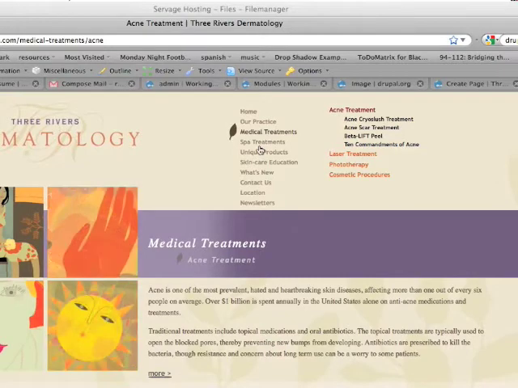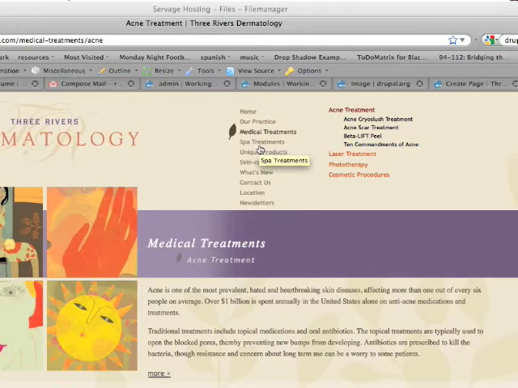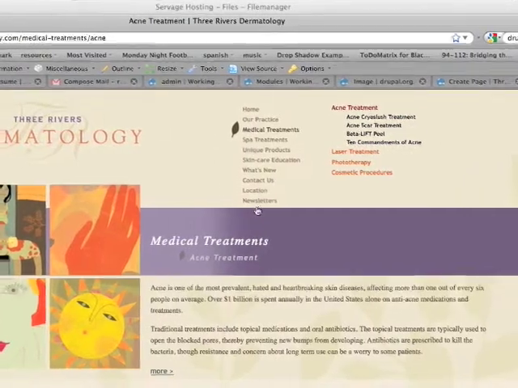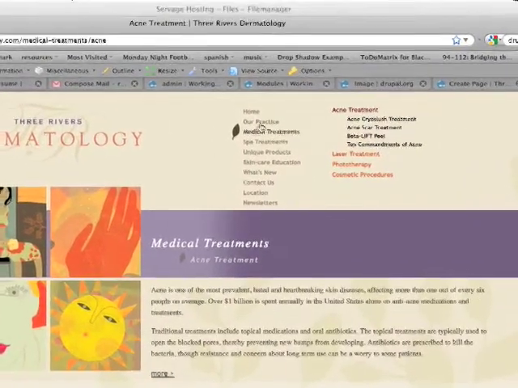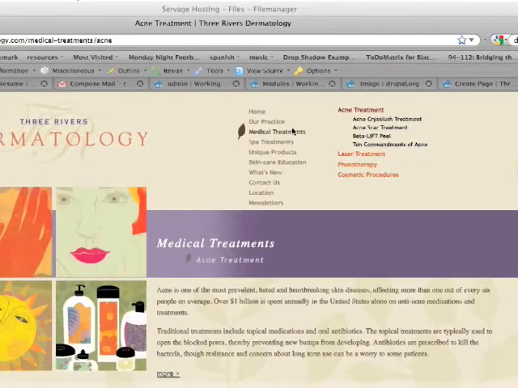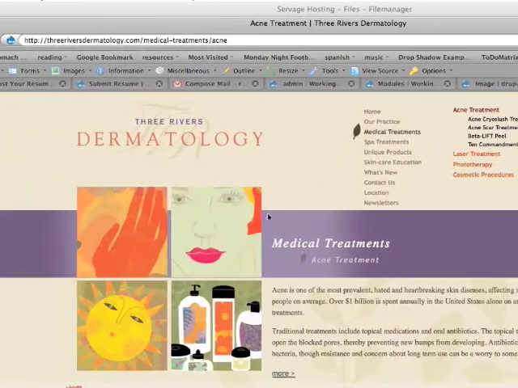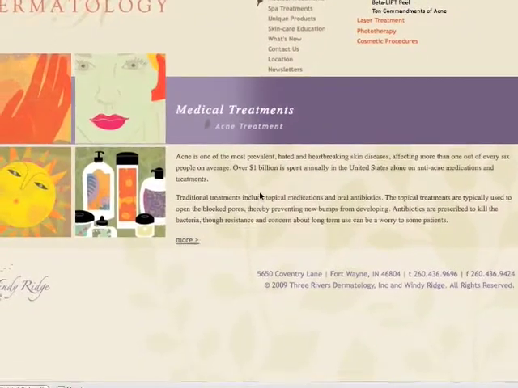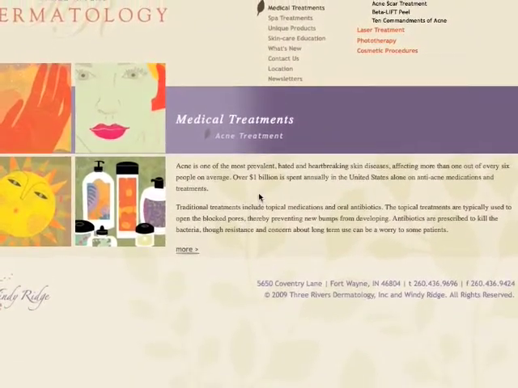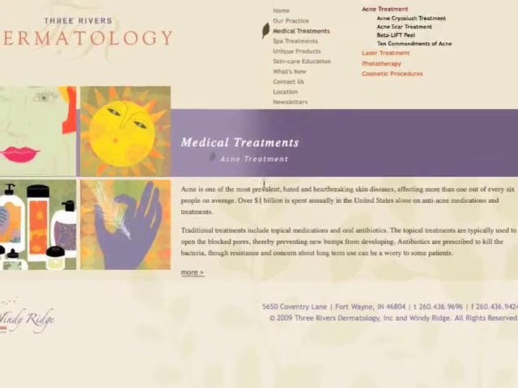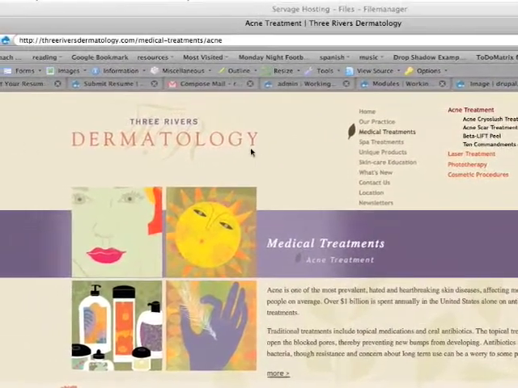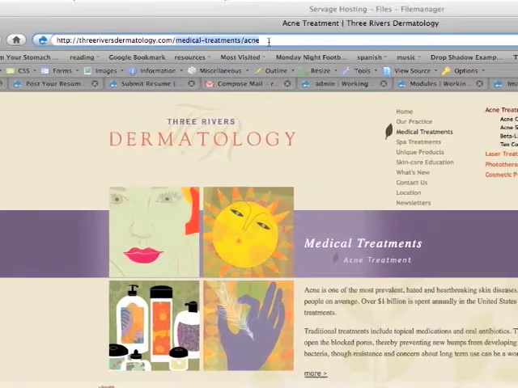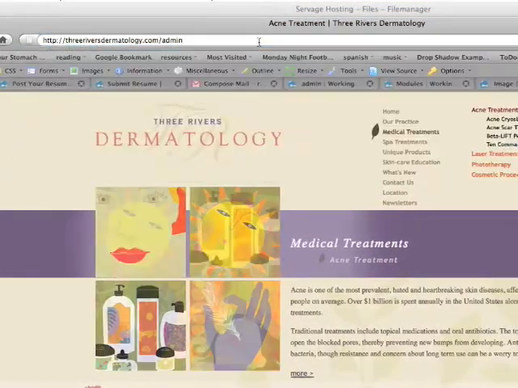But first I want to talk about how to access this content and the administration portion of the site. If you have not already done so, you need to go ahead and log in to your Drupal CMS. And you can do so with a template like this. It doesn't look a whole heck of a lot like Drupal. There isn't a login username and password field, but there is the ability to log in by simply going to the admin portion of the site. So you can actually highlight this section, type admin,